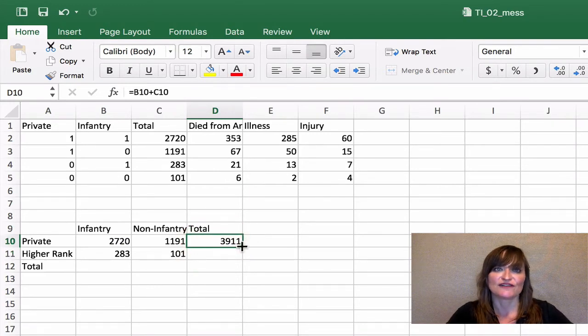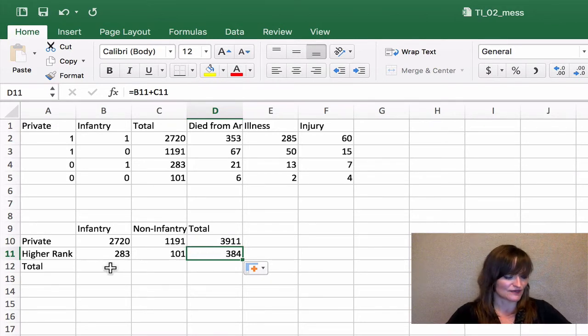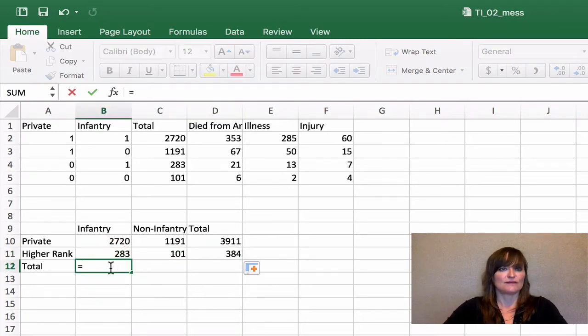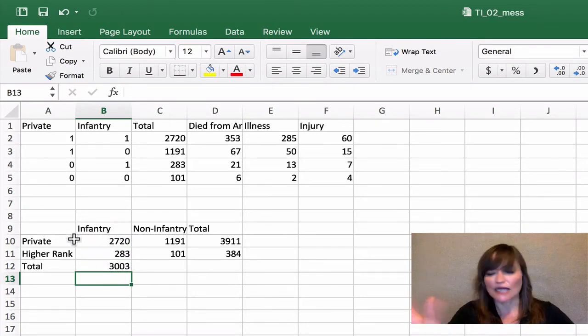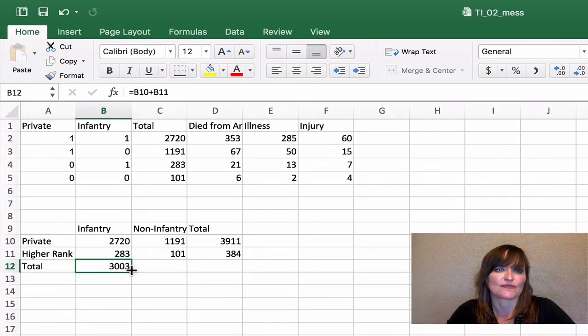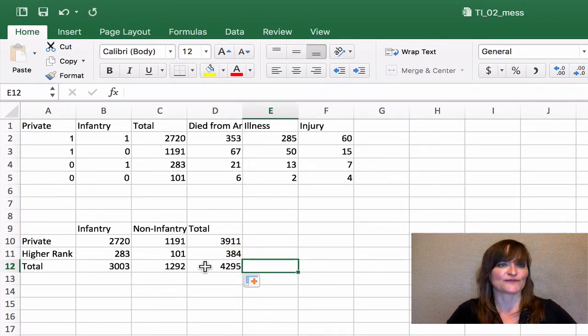And I can use my fill function to fill down to count how many overall were higher ranked. Let's do the same. So we're adding up, regardless of what rank, how many of these were in the infantry. And I'm going to sum it all the way over. So we now have our totals and our total sample size.